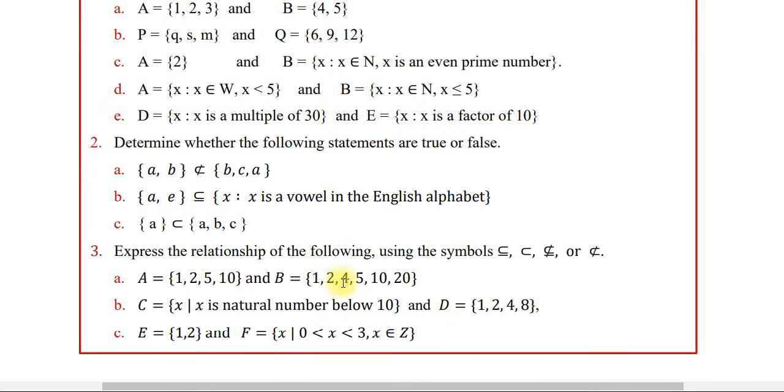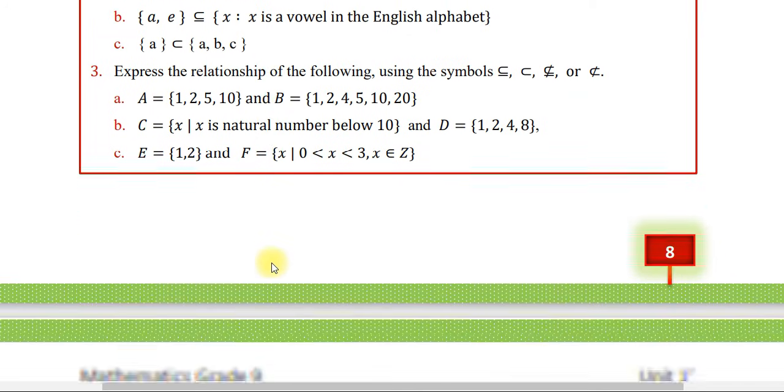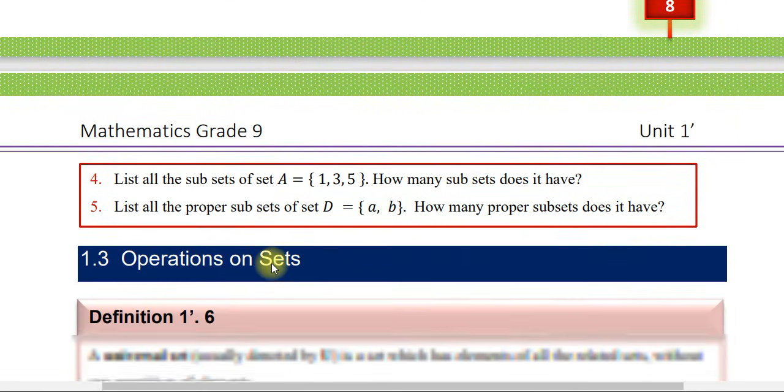ኤ ኢዝ አልሶ ኤ ፕሮፐር ሳብሴት ኦፍ ምን ማለት እንችላለን? ቢ ማለት እንችላለን። ለምን? ምክንያቱም ኤ ኢዝ ኤ ሳብሴት ኦፍ ቢ አንድ፣ ሁለተኛው ኮንዲሽን ደግሞ ኤ ኤንድ ቢ አር ኖት ኢኳል ሴት። ስለዚህ ስለሚሟላ ፕሮፐር ሳብሴት ነው ማለት እንችላለን ማለት ነው። ኦኬ በት ቢ ኢዝ ኖት ኤ ፕሮፐር ሳብሴት ኦፍ ኤ ኤንድ ቢ ኢዝ ኖት ኤ ሳብሴት ኦፍ ኤ ብለን መግለጽ እንችላለን ማለት ነው። እንግዲህ ይህን ይመስል ነበረ የዛሬው ክላስ።